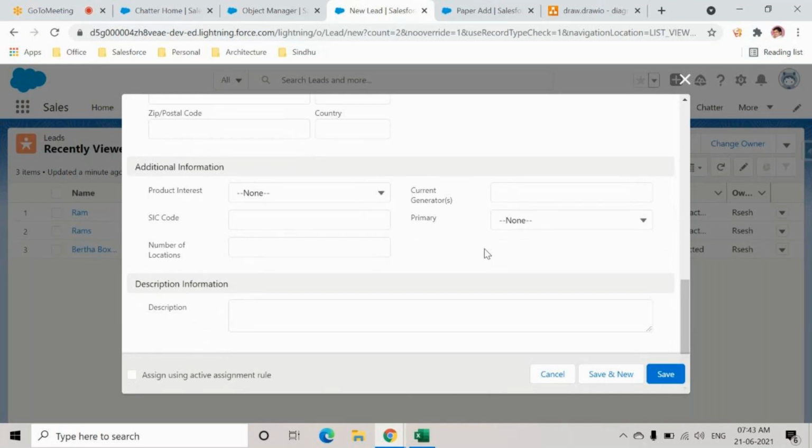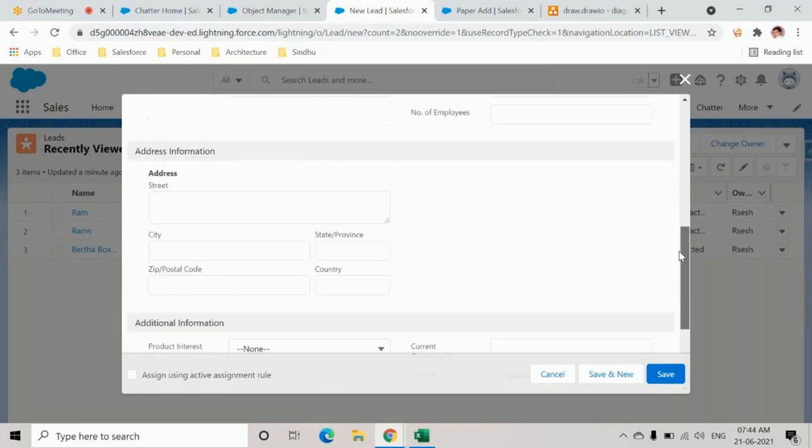But if you remember yesterday's session, I told you that Salesforce has given you some standard set of applications with market standard levels, right? And the way we are going to do tomorrow, to define an application, we need to have some real-time scenario, right? What Salesforce did is they took an example of a generator-based organization, and that's the reason if you see here, it says product of interest, all these things. Even if these things are not there, we can make use of it. I just click on save.